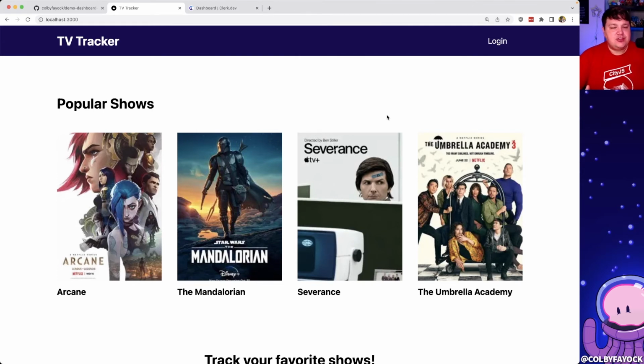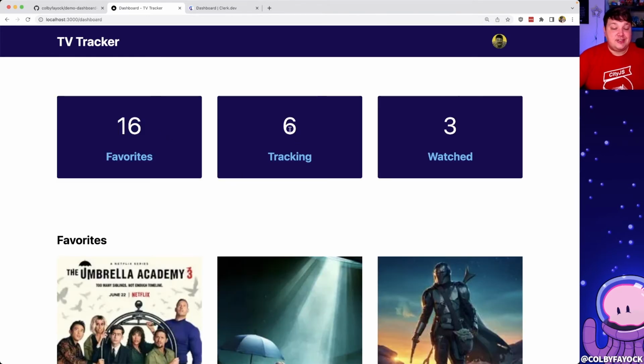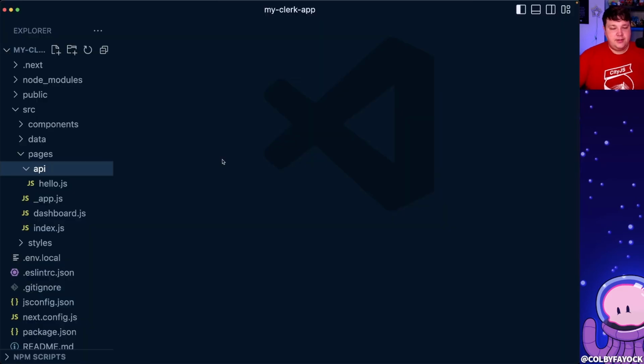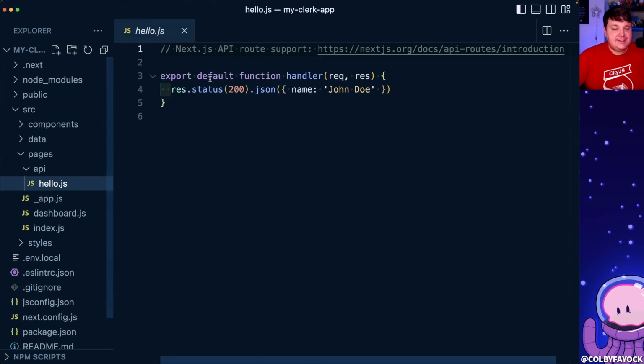What if we want to make sure that we have our APIs locked down so that nobody can actually access them? While the information on this page is currently static, what if when the person logs in, we want to make an API request to dynamically get all those values so that it can be personalized to that user? So to see how this works, I'm going to create a new sample endpoint where we have this hello endpoint